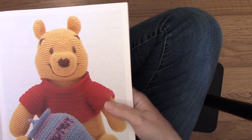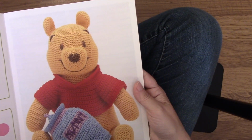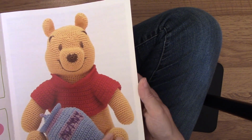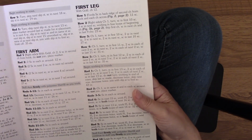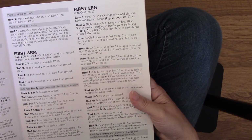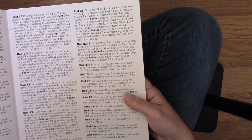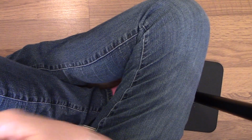So the pattern, I am using yarn again, and this is kind of what Pooh is supposed to look like when we finish. I did not pick up the stuff to make the honey pot yet, but I'm just doing the Pooh. It has us start out by making his ears, his nose, his muzzle, his arms and legs, and then we begin on the body. So we have a leg,